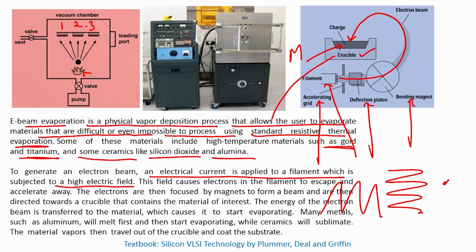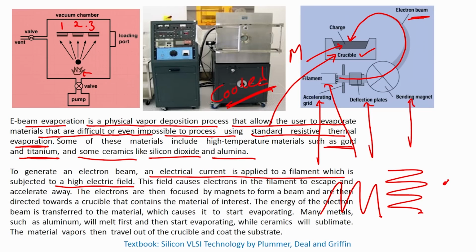The crucible is cooled down, alright, so that nothing happens to the crucible. Crucible should not get destroyed because of the high temperature generated due to electron beam. Again, we are still using the thermal way of evaporating the material, because finally the electron beam will heat this thing, heating the metal will cause it to melt, melting the metal will finally evaporate, evaporation will cause the deposition. Right, we are still using the thermal way of evaporating, but here it is not resistive thermal evaporating, we are using an electron beam to generate the high temperature. So, in this case we can deposit a metal which is of higher temperature, here we are not worried,